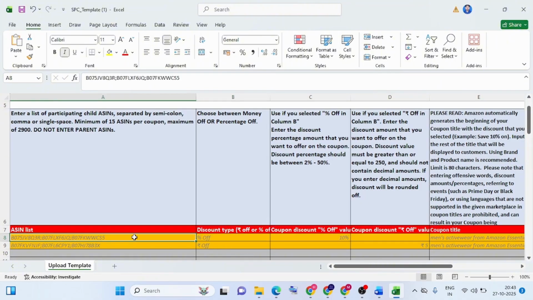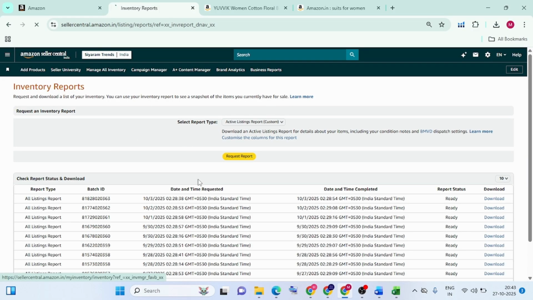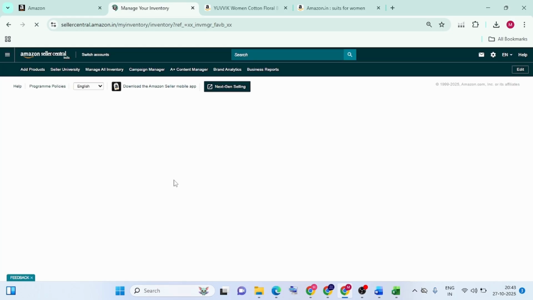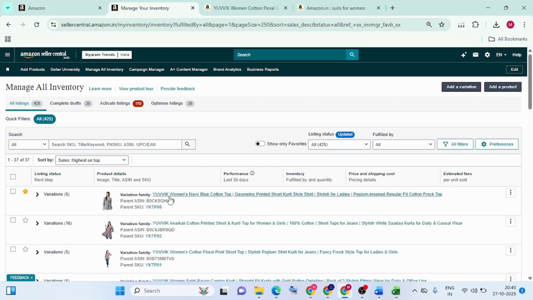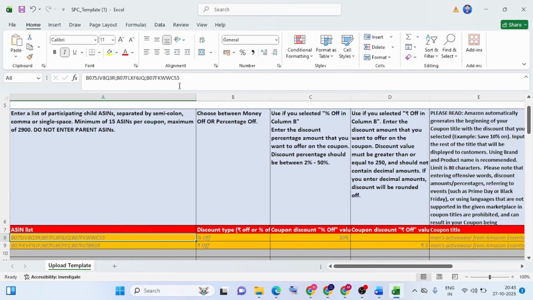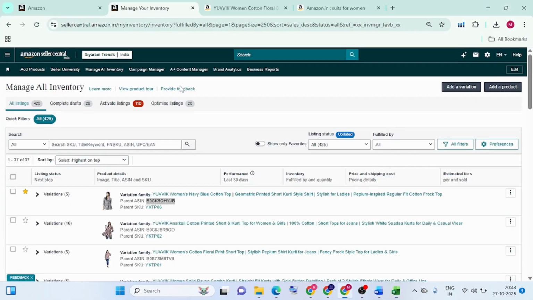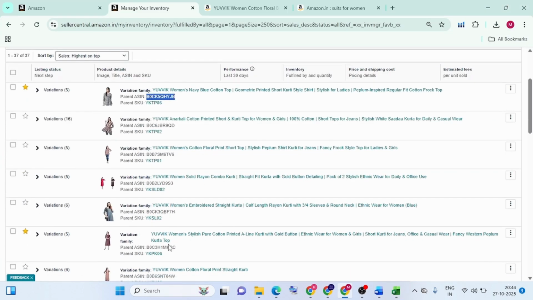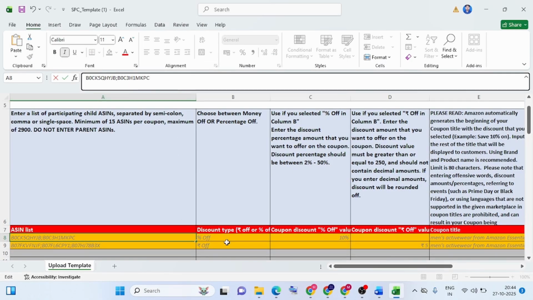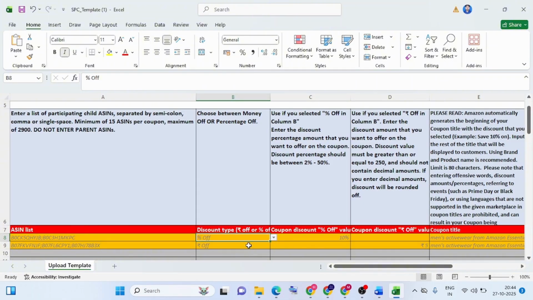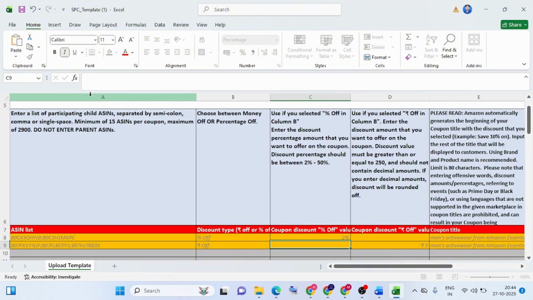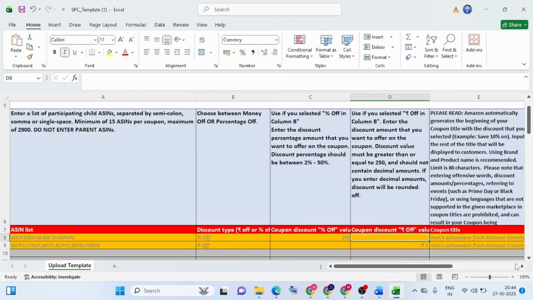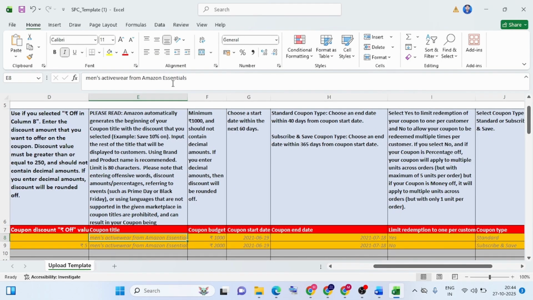I just select percent off. I'll do this with multiple ASINs, not a single ASIN. Yes, here it is. I select percent off. After that, not the 10%, sorry, I go only with 2%, and no rupees off. And my title would be like